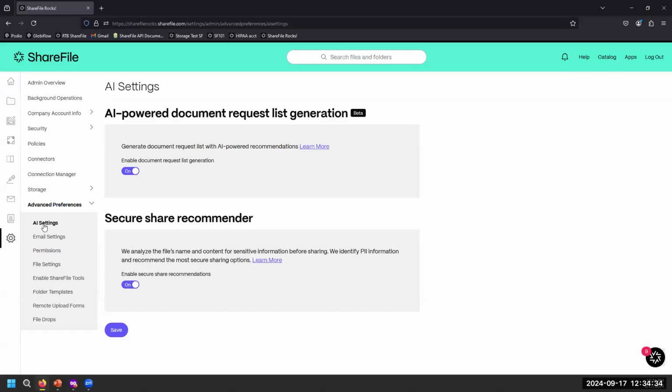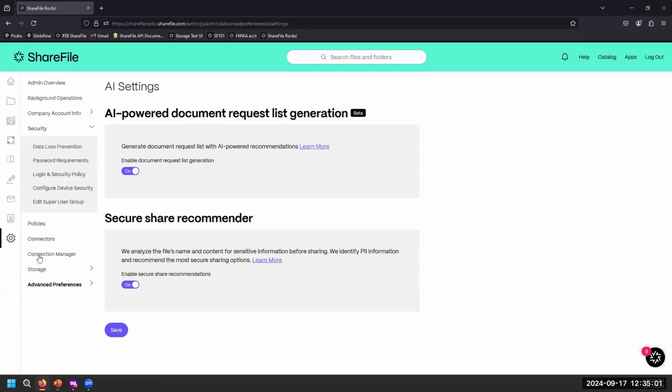Now, if you are on our premium license, we do have what is projects and document request lists. So if you're frequently requesting documents from clients, we do have some AI incorporated into our product that can auto-generate a provided by client type list. It's using Gen AI. This is something that, again, our premium license will have, as well as the secure share recommender. So John showed a little bit earlier when we were within the file settings, within the